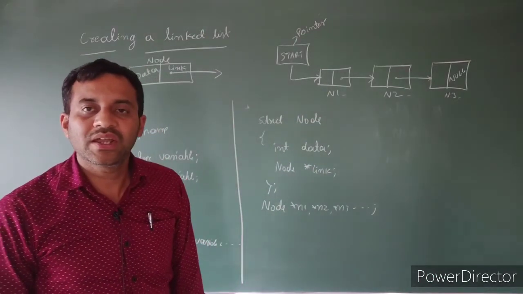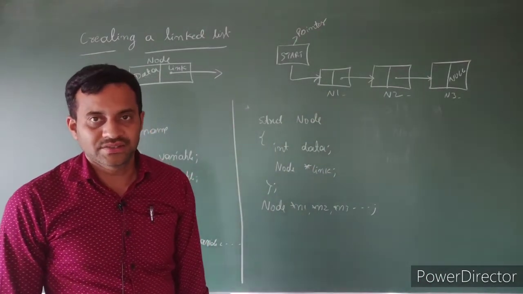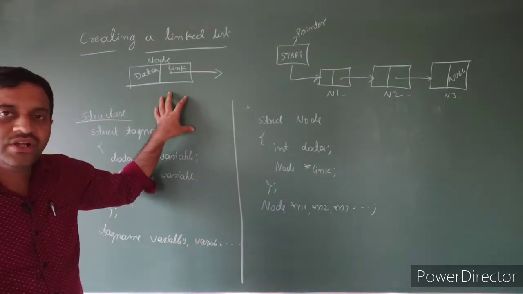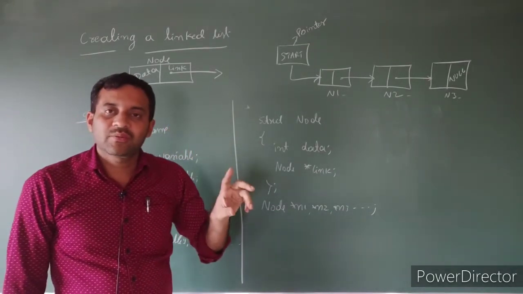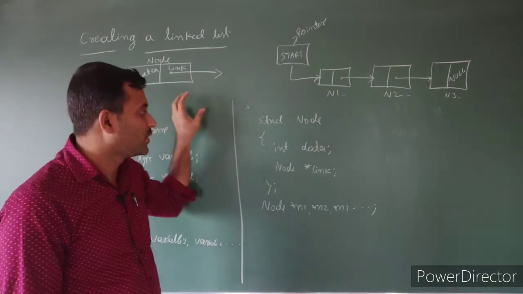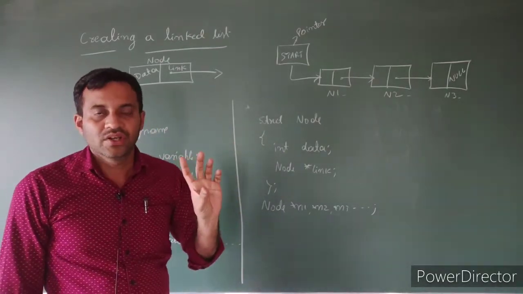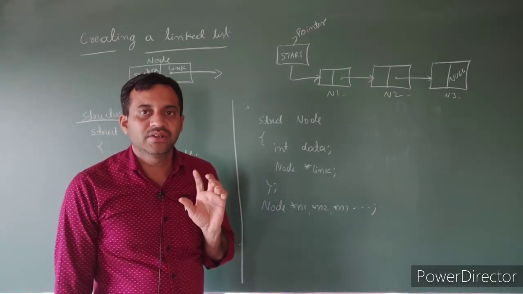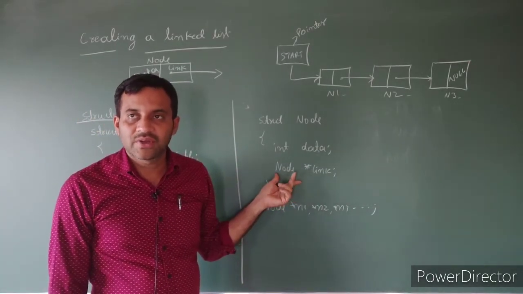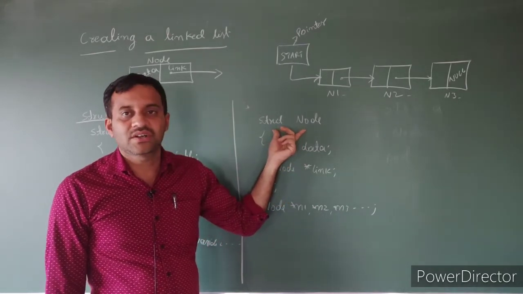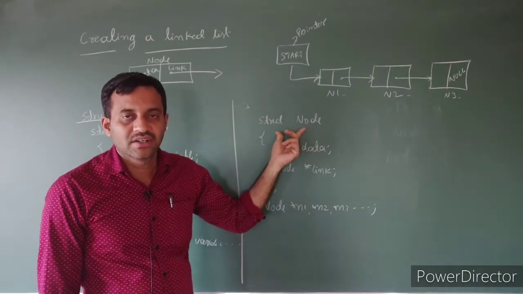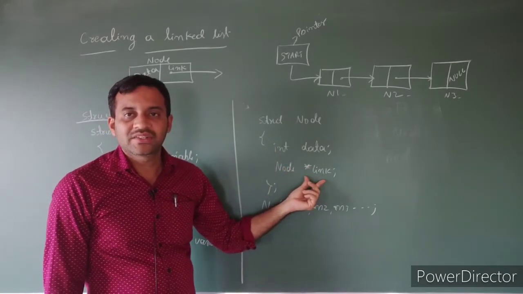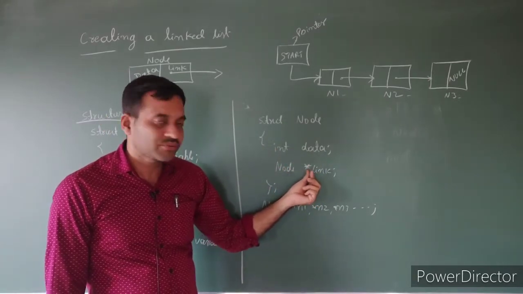Like this, we have to create a linked list. What have we done here? Every node has two parts, a data part and a link part, but together we call it a single node. Hence a node is a heterogeneous collection of elements. To create a heterogeneous collection of elements, we define the structure. Under this structure, we declare the data part and link part. See here, another one is struct node *link.